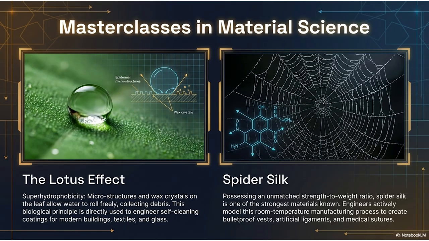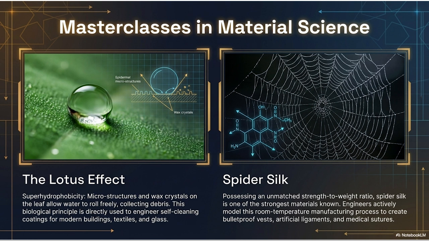The secret lies in the microscopic architecture of the leaf's surface. The notes explain that if you zoom in, the lotus leaf is covered in tiny microscopic pillars, and those pillars are coated in special wax crystals. Right, and because of these structures, water cannot lay flat against the leaf. The contact angle is extremely high. So when a raindrop hits the leaf, it doesn't spread out and get the leaf wet. Instead, the water is forced to remain in a perfect, rigid sphere. Like a glass marble. Exactly.